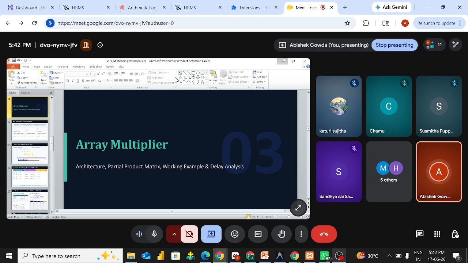Okay, so just enter into the topic. We should do a small comparison between these. Array multipliers are the simplest architecture. Booth multipliers reduce the number of partial products. Okay, just keep this one word. What is the main thing to remember inside an array multiplier? They are the simplest architecture. In Booth multiplier, they reduce the number of partial products, whereas the Wallace tree multiplier focuses on maximum speed. Okay,